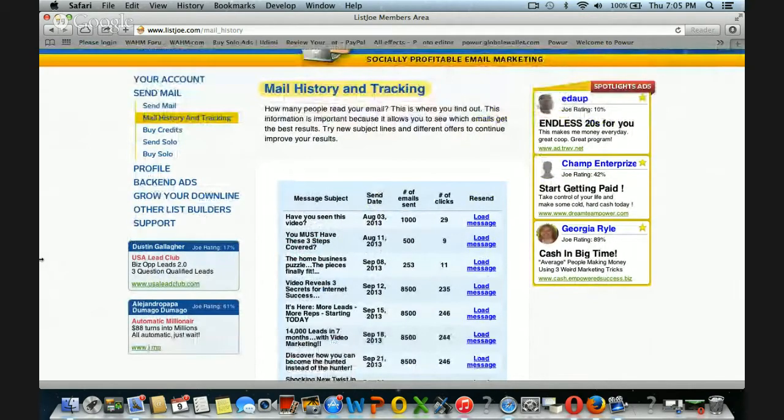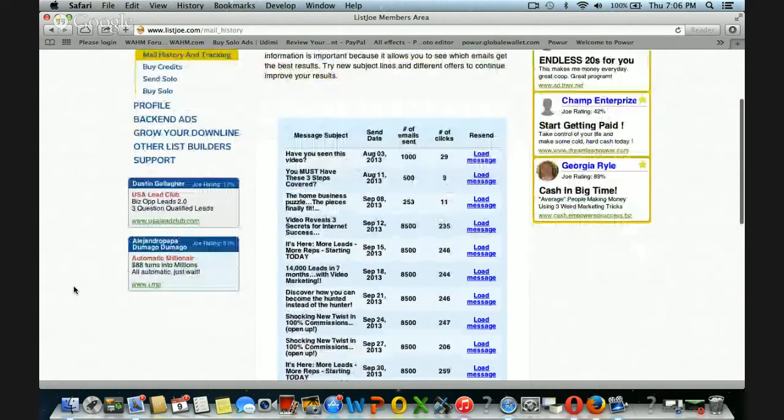But if you can do an email once a week or every 3 days or whatever it is, do it consistently, don't send the same thing out, and mess around with your headlines and your copy.